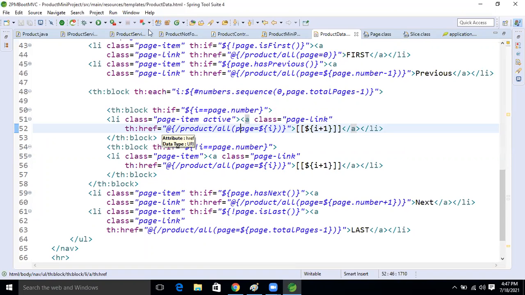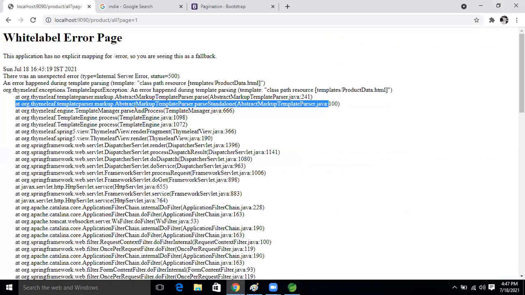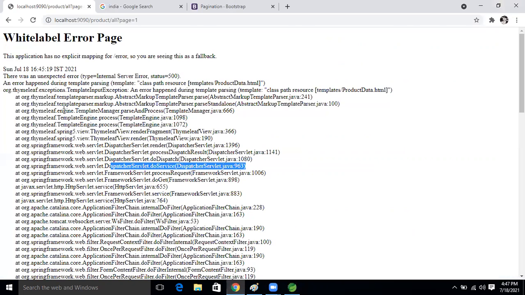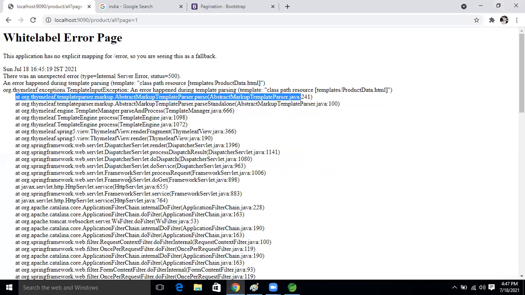Because the th:block spelling is correct, and the th:if condition, this one is also correct. The fields are okay, Ravi.